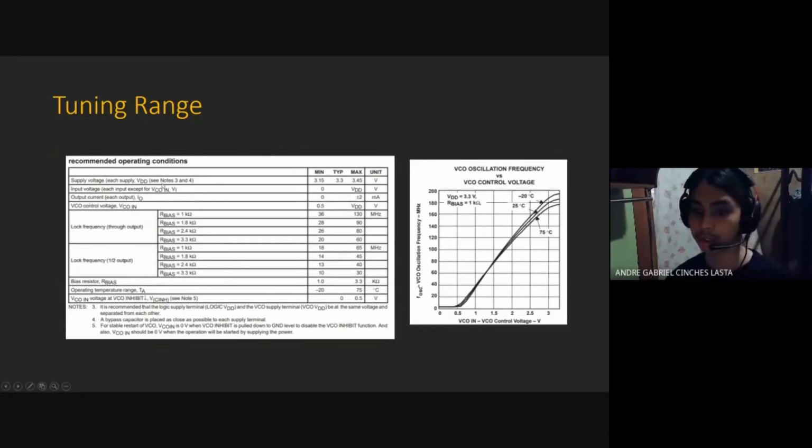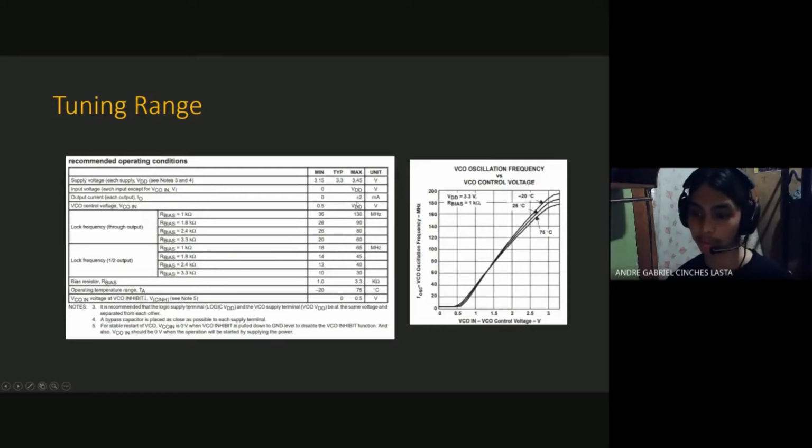So looking at a sample spec sheet, we have here VCO, the control voltage, and its minimum is at 0.5 volts and a maximum of whatever the supply is. Looking up here, the supply voltage, VDD, we have a minimum of 3.15 volts and a maximum of 3.45 volts. So the control voltage will be at a range of 0.5 volts all the way to, let's use